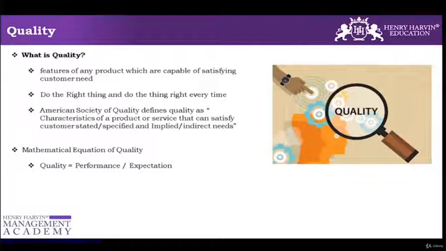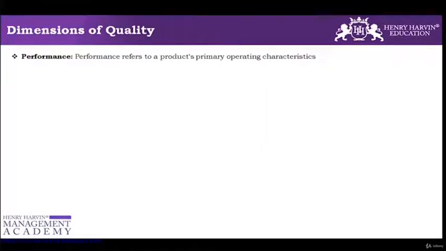So if my quality is equal to 1, which means I'm meeting the customer requirement. But if my quality is greater than 1, which means I have performed beyond the customer's expectation, then in that case my quality becomes more than 1 or more than 100%. So that's what quality is all about, which always focuses on giving them what my customer is looking for. Okay. So this is just a normal theory that we were just talking about.